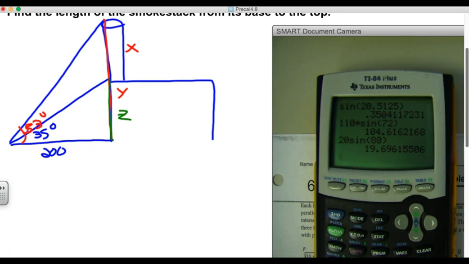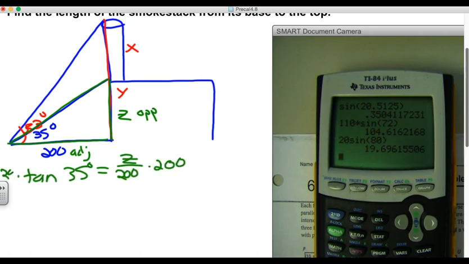So let's do the small triangle first, the one with Z. So now we're just looking at this triangle right here. All right, so we've got the 35 degrees. Z is opposite. And then 200, that's adjacent, right? It's not the hypotenuse now. So we're going to use the trig function that uses opposite and adjacent, which is tangent, TOA, right? So we're going to do the tangent of 35 degrees, which should equal the opposite Z over the adjacent 200. So now we're going to multiply by 200. So we get Z equals 200 times the tangent of 35